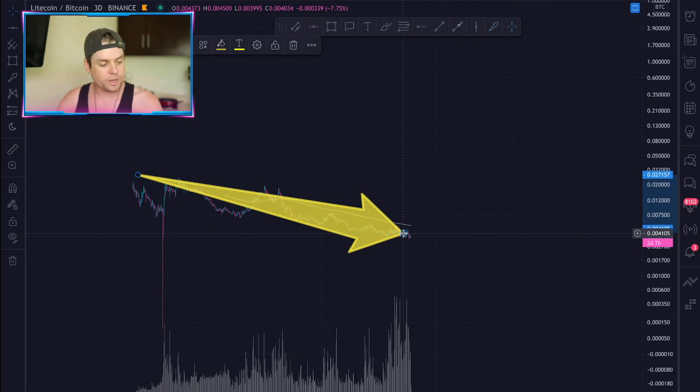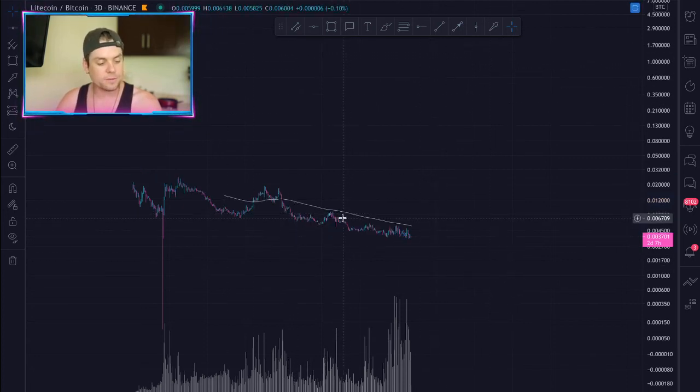Until this pair becomes an uptrend, don't focus on the bullish setups, don't focus on the symmetrical triangles or the Wyckoff or any of that kind of stuff. Just notice when the trend changes. When the trend changes, now you can say, okay, it looks like it's going to start outperforming Bitcoin. Litecoin is not outperforming Bitcoin. It's actually underperforming when compared to Bitcoin.